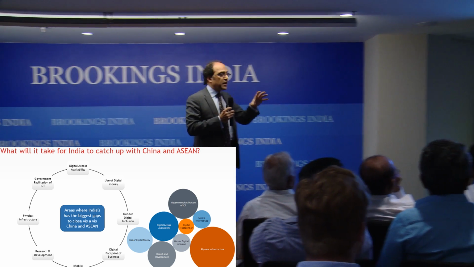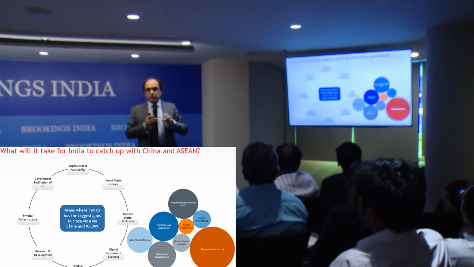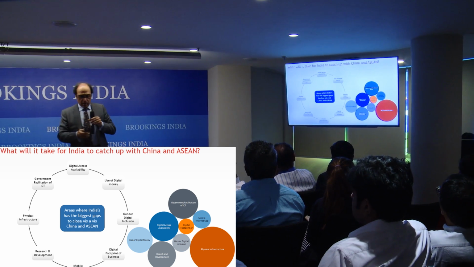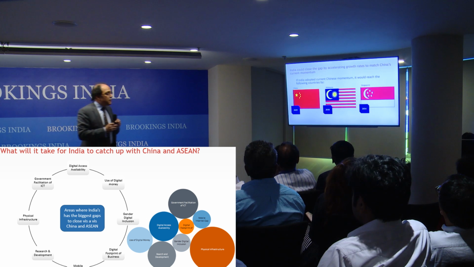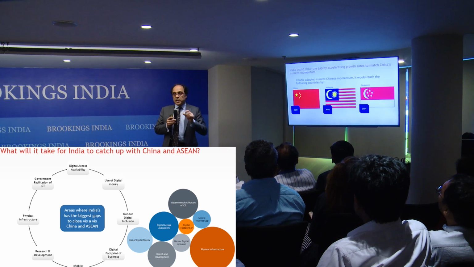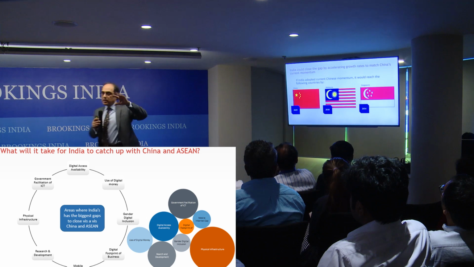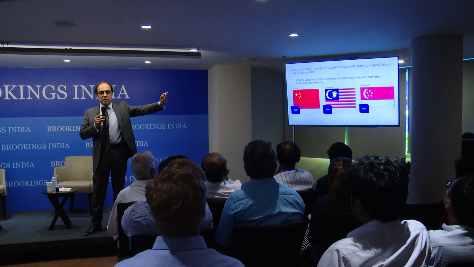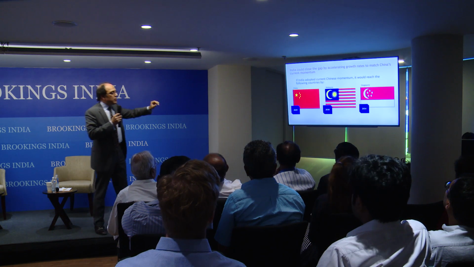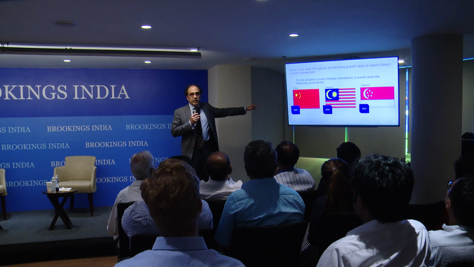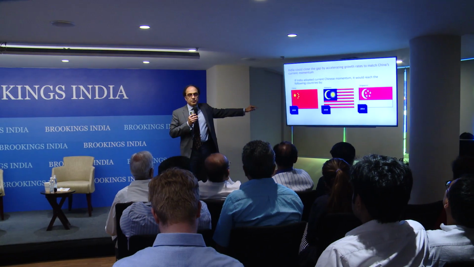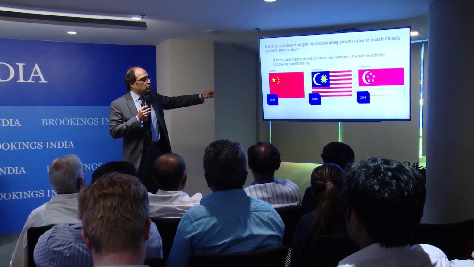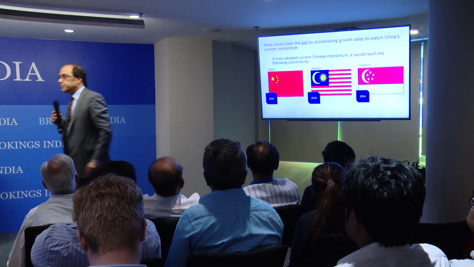The size of those bubbles reflects how much of an impact each of those levers would have in moving your digital evolution score from where it is today to where you would want it to be. Now, if India were to pick up the Chinese momentum, remember China in my previous graph was actually the fastest growing of the digitally evolving countries. If India were to pick up that momentum, it would get to where China is today in 2029, roughly about 10 years from now. It would get to Malaysia today by 2038. It could get to Singapore by 2054.